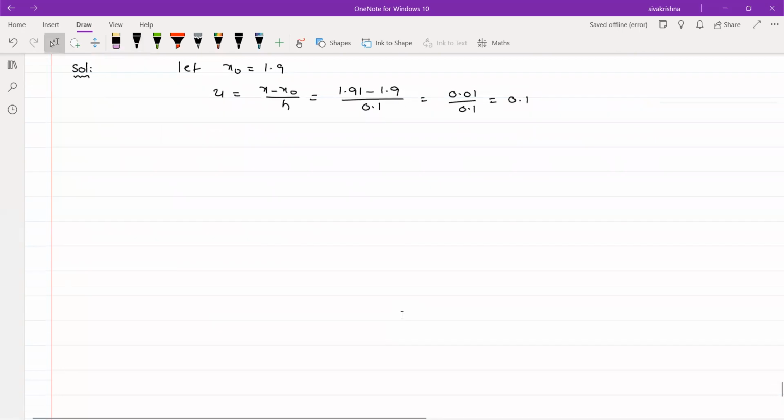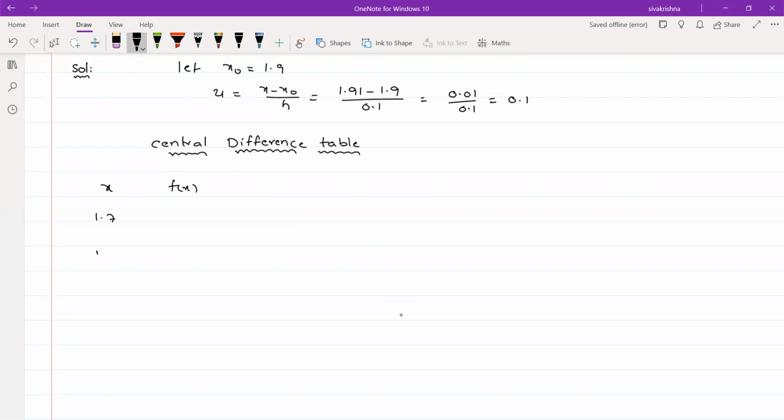After that we have to construct the central difference table. Coming to the first column, this is x. The second column is f of x. Now note down the values of x: 1.7, 1.8, 1.9, 2, 2.1, and 2.2. And the corresponding f of x values are